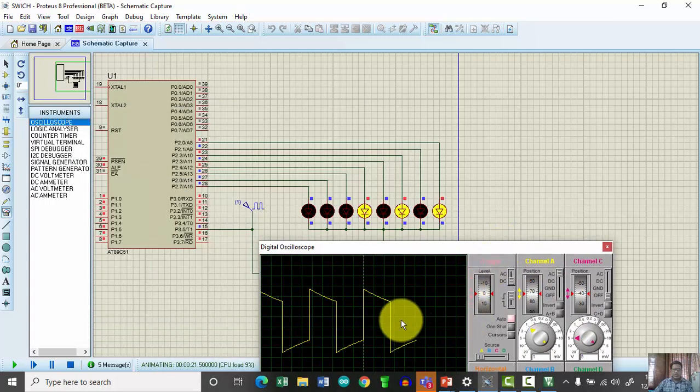And for each pulse, when it makes the high to low transition, only then will the respective LED glow. Let's check here. Now it is at high. The moment it changes the status, here the LED is glowing.